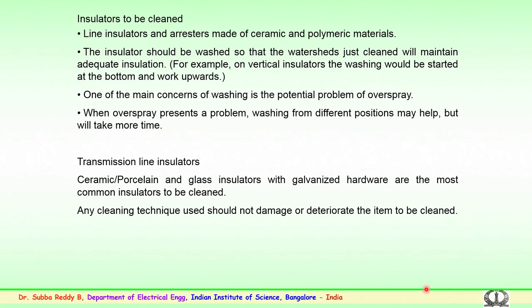So, during the cleaning of particularly a V-type string, the contaminants or the pollutants could be carried to the other string, the other arm of the string. So, here a proper mechanism has to be followed, where the spray should be such that the cleaning of the insulators of one side should not contaminate the insulators of the other side.